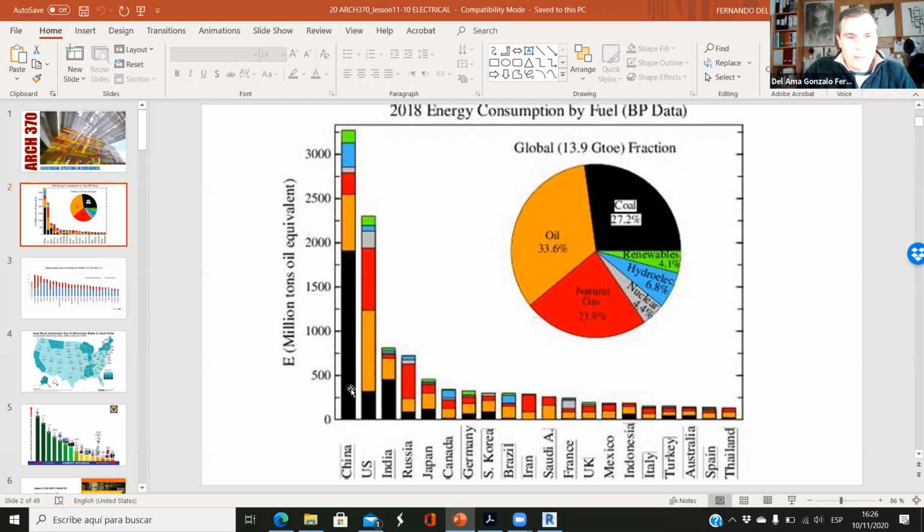China, they are burning a lot of coal. Yes, in the United States, they are burning a lot of oil and natural gas. Why? Probably because there is more coal in China, and there is more oil and natural gas in the United States. So countries make the most of their resources. What is the global goal? Well, we have to reduce the